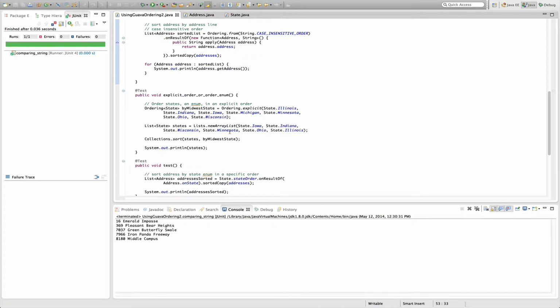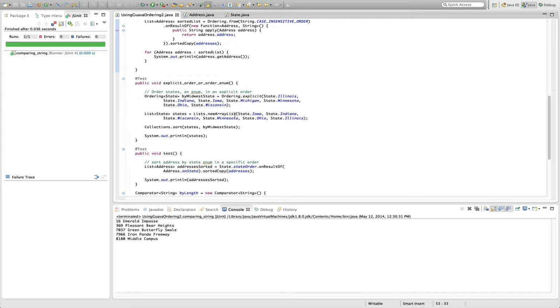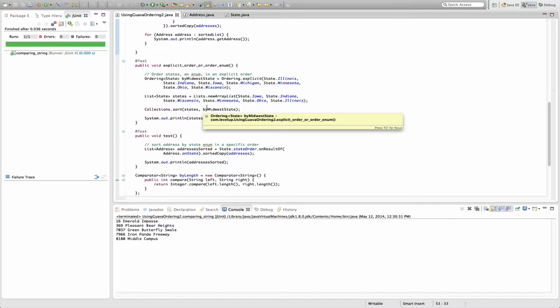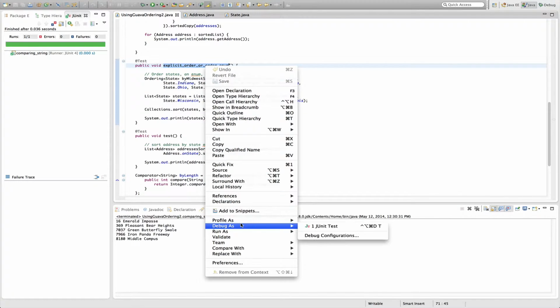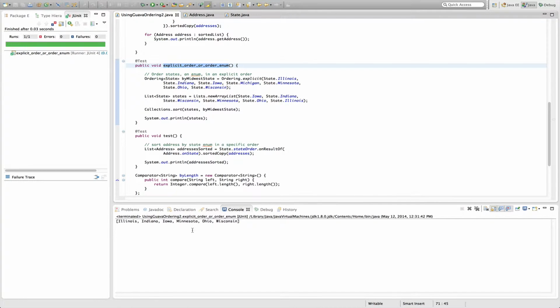And then we'll create a list of enum of states, and then we'll sort them by the Midwest states. So let's go ahead and run this, and we should see that this orders them in the explicit order that we say. So Illinois, so we can cross-reference Illinois, then we can cross-reference Indiana, and all the way down the line, and it